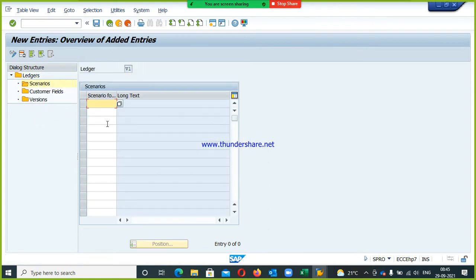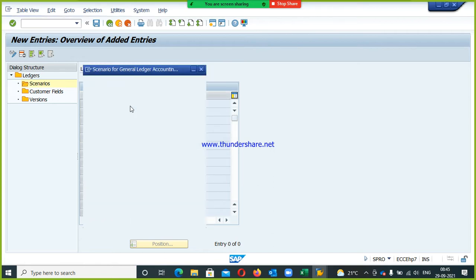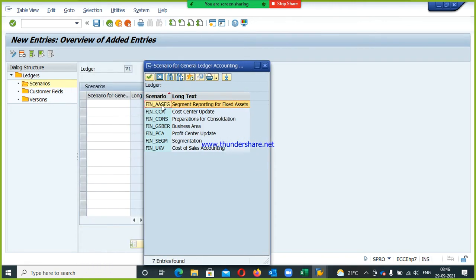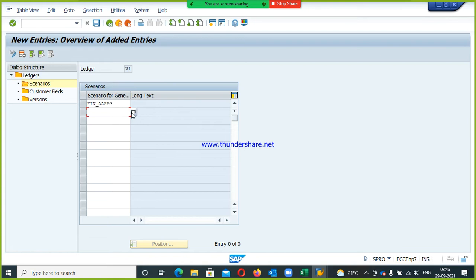Click on new entry. There are standard scenarios, like if you press F4 here, we have so many scenarios like segment, cost center update, preparations for consolidation, business area, profit center, segmentation, and cost of sales accounting. So all scenarios I need to assign to my ledger group. So I am going to select reporting, segment reporting,